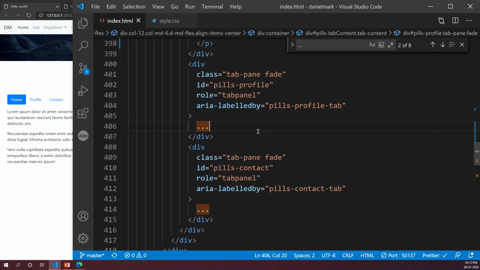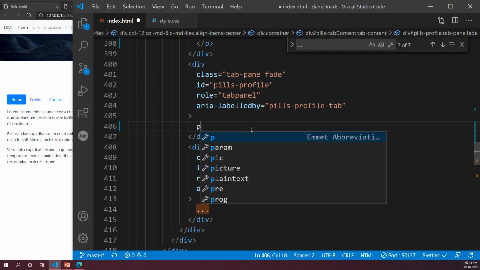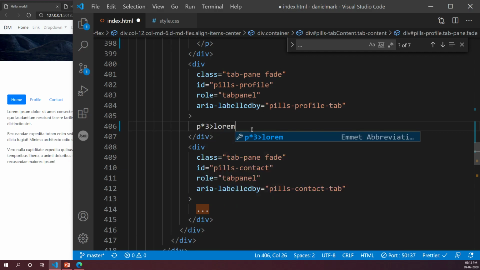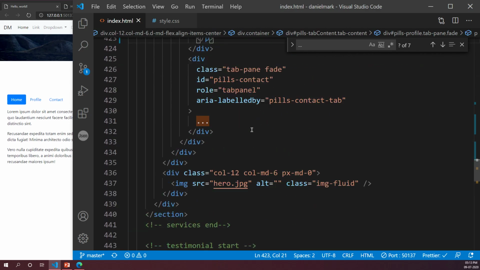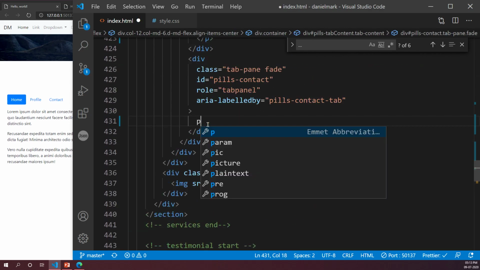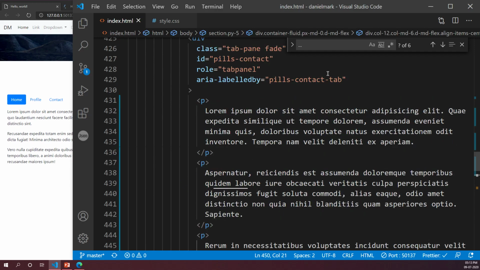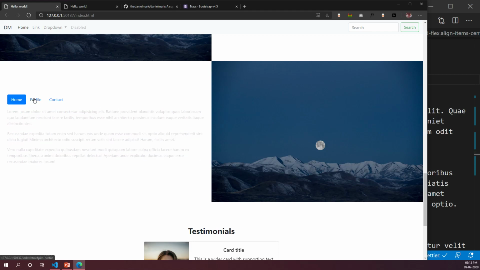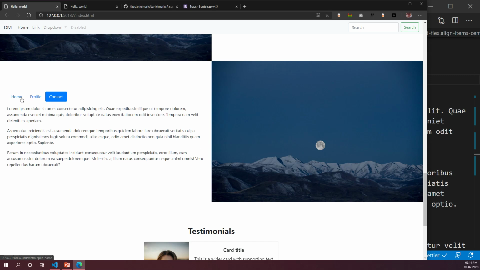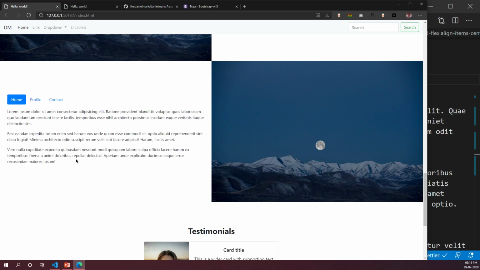That's your wish. Okay, so I'm basically going to change this again. Say p*3 and lorem. Okay, done. And my second one, do p*3. Done. Right? All of you do this and then let me know. So now I have three paragraphs of lorem text each. All of you done? Let me know once you're done, okay?